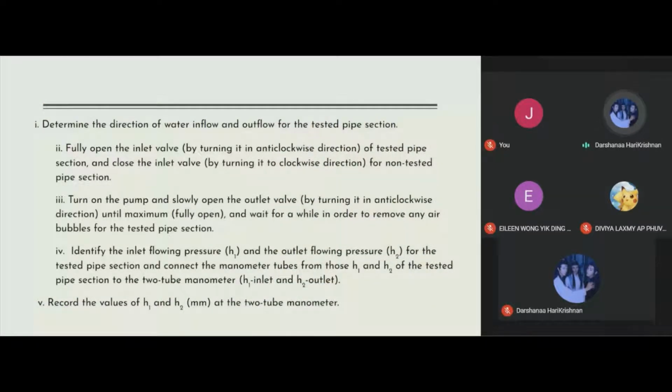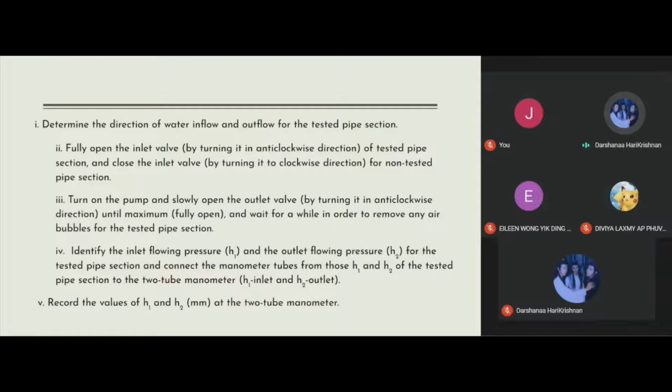So I'll be going through the methodology for this experiment. First, we need to determine the direction of water inflow and outflow for the tested pipe section. Second, we need to fully open the inlet valve of the tested pipe section and close the inlet valve for a non-tested pipe section. Third, turn on the pump and slowly open the outlet valves until maximum and wait for a